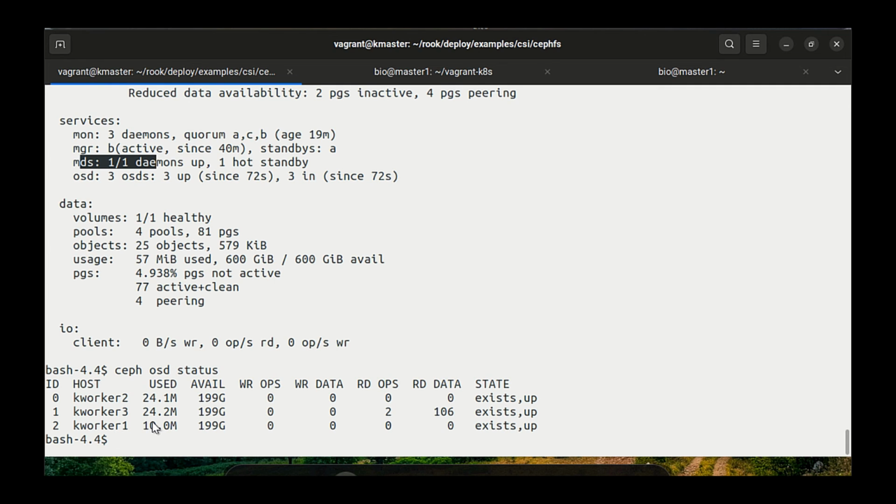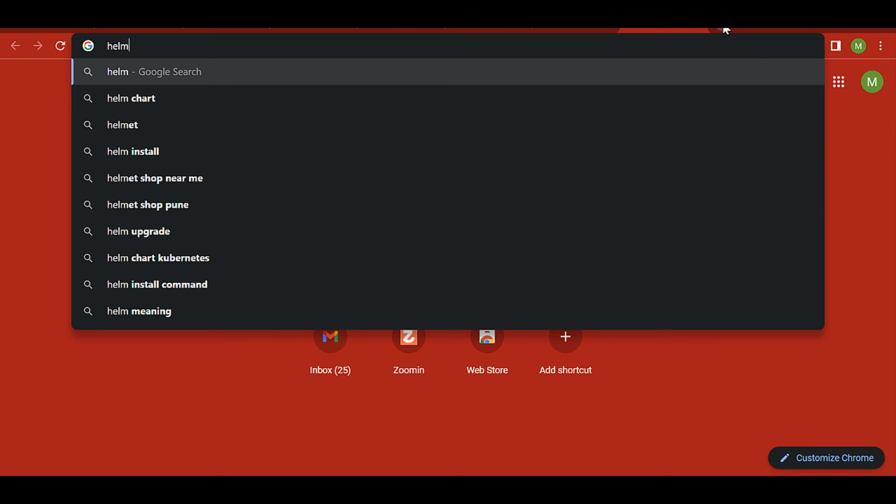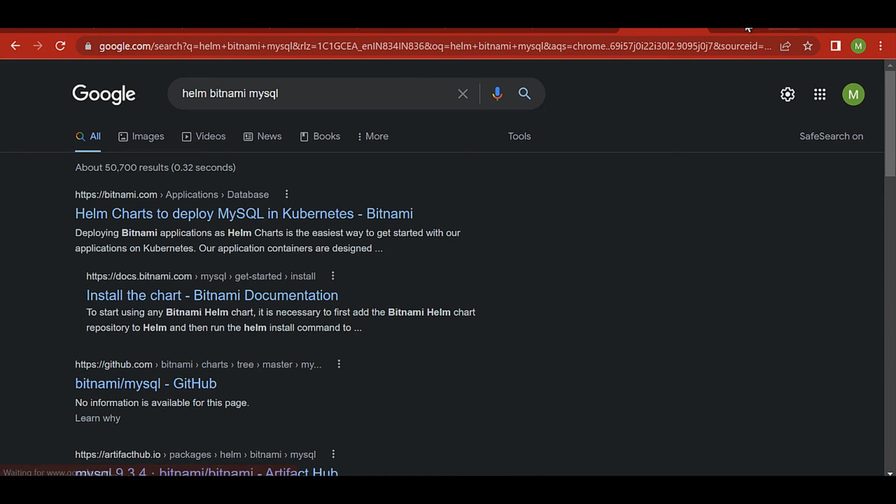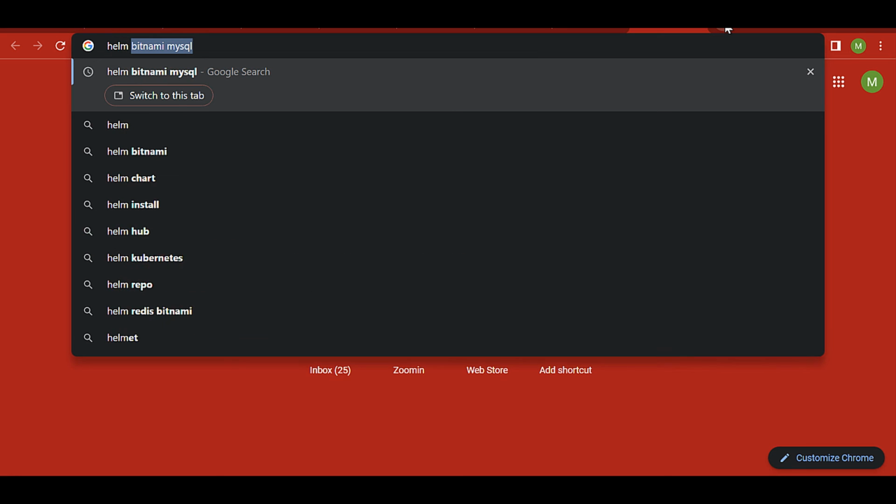So now we create a simple MySQL, to see how it's provisioned by Ceph. So we'll go for Helm, Bitnami MySQL. First, Helm needs to be installed.